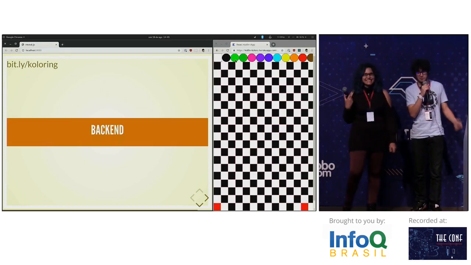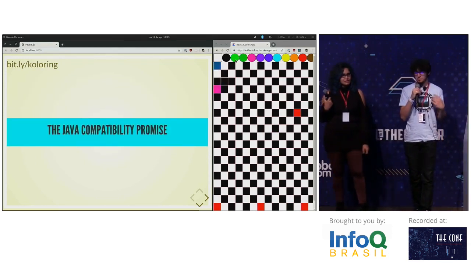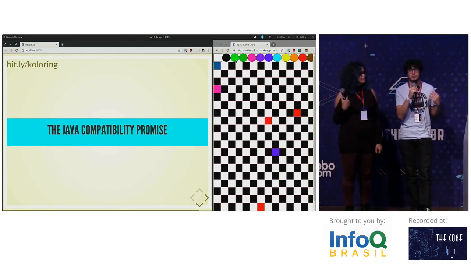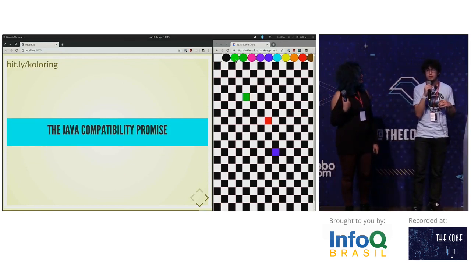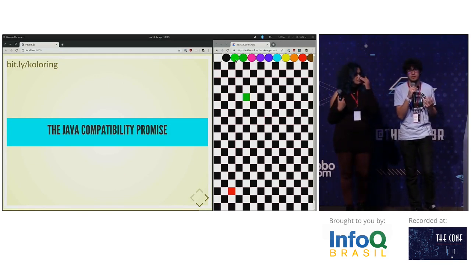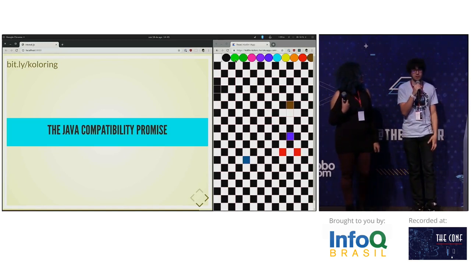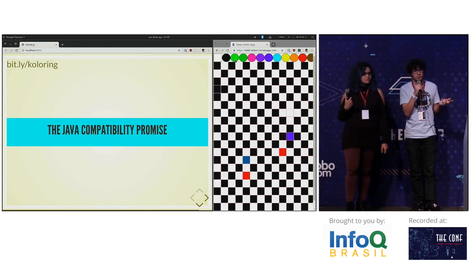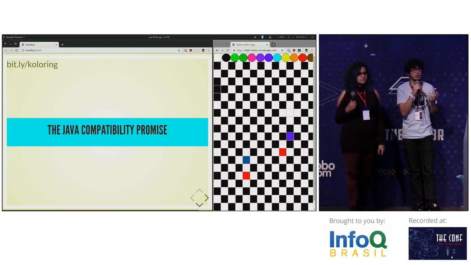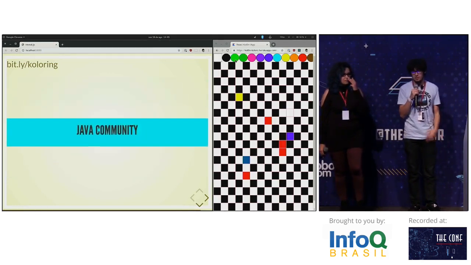It was actually cool. I liked it. So the first thing is that the Java compatibility promises really paid off. I needed some libs during the development of that, and I didn't have that built in for Kotlin, but I have a lot of them for Java, and it was just compatible. I didn't have to do anything special. I just imported that, added it to the Gradle file, and it worked. The Java community is awesome.